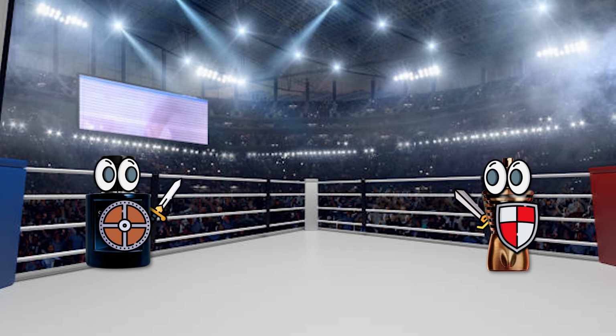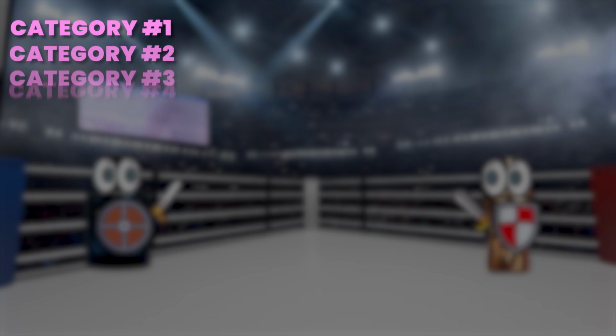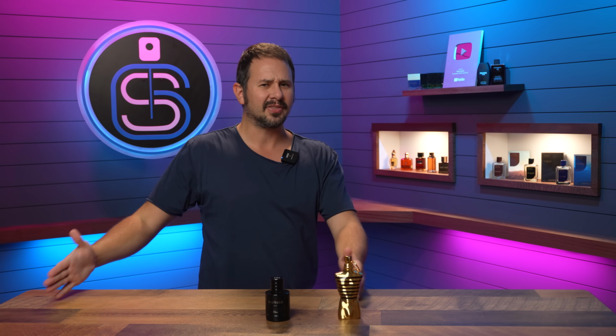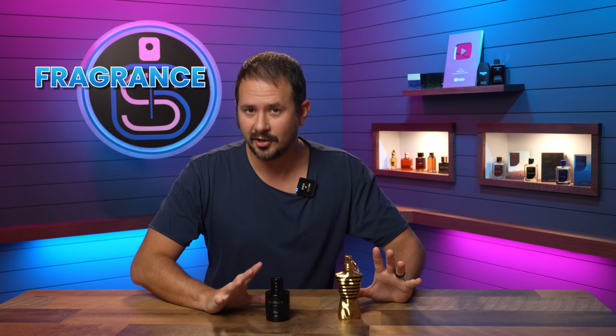Hey friends, Ash here, welcome back to Gents. These two fragrances are going head to head in 10 different categories, and each fragrance will be scored from 1 to 10 in each one of those categories. At the end, we'll tally the scores up and determine which of these is the better fragrance, at least according